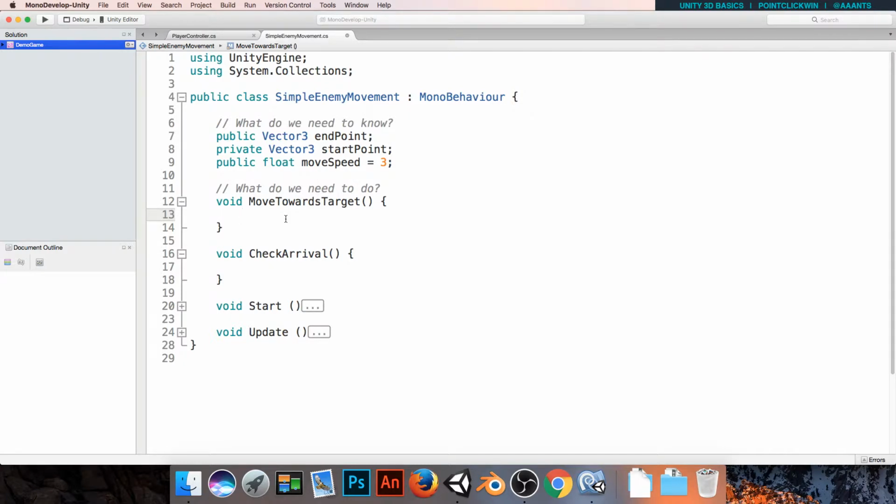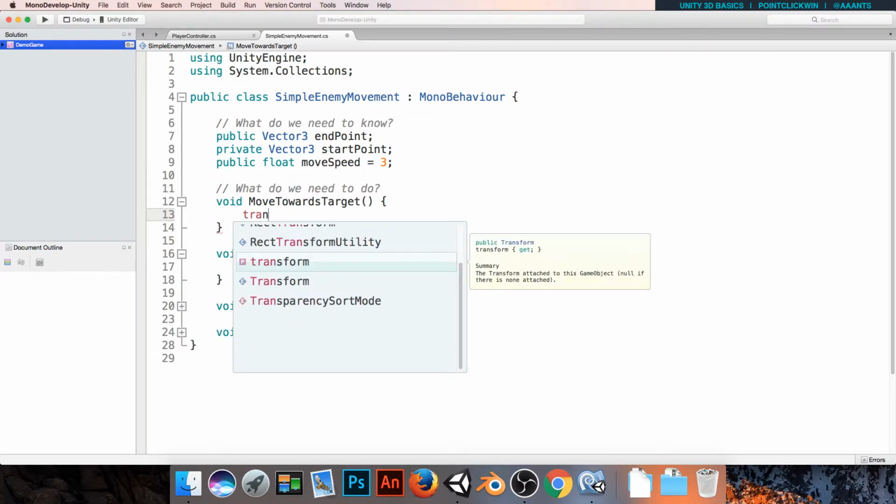So the move towards target, I suppose, is the most important one. We will have some movement even if we just always move towards the end point. And it's actually fairly straightforward. You could play around with all sorts of vector maths here. You could use things like trigonometry if you wanted to move towards a point. But we're actually going to use one of Unity's built-in functions. So we're going to do transform.position